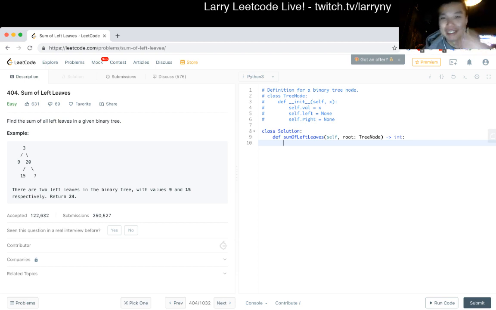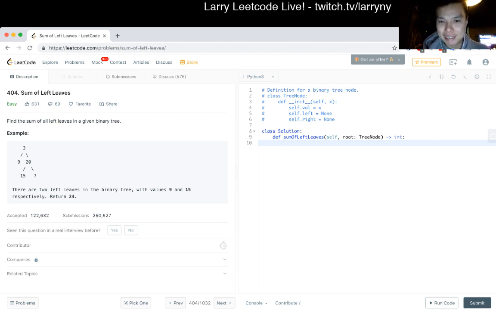as we can even see here, you have a tree node definition, and both the left and the right of a tree node is another tree node, so it has a very recursive structure itself. So in general, especially if it's easy, unless you expect a long tree depth, we just do it recursively. Okay, so given a root,